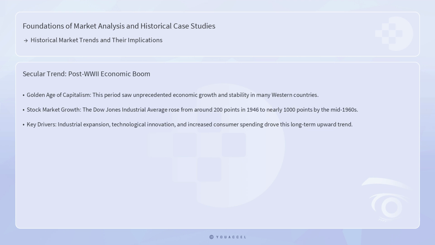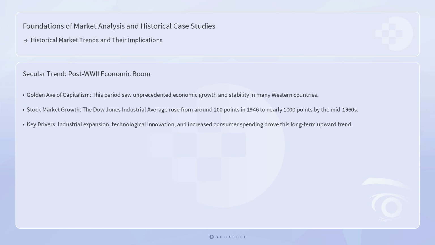One of the most illustrative examples of a secular trend is the post-World War II economic boom. This period, often referred to as the Golden Age of capitalism, saw unprecedented economic growth and stability in many Western countries. The Dow Jones Industrial Average experienced significant growth, rising from around 200 points in 1946 to nearly 1,000 points